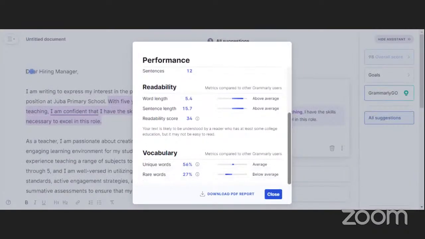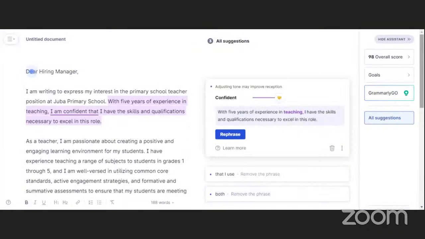Then if you want to download the full report as a PDF, you can download it here. So this is how the one for Grammarly works. And this can also be saved, you can say check 001, for example.